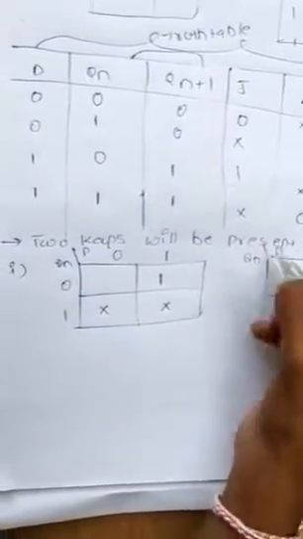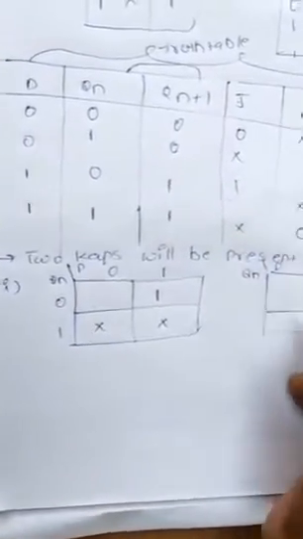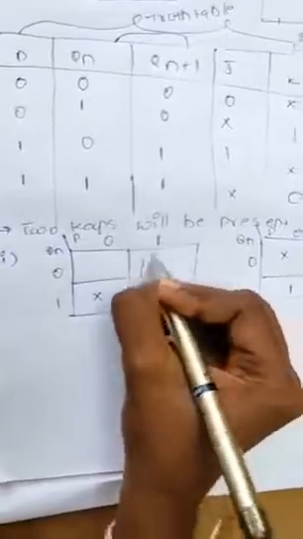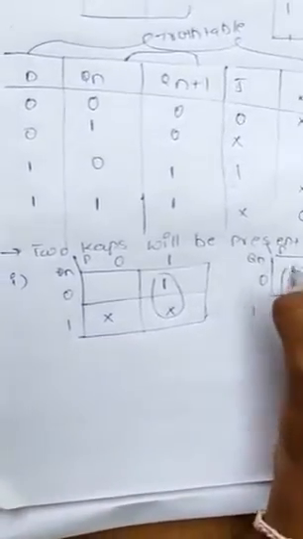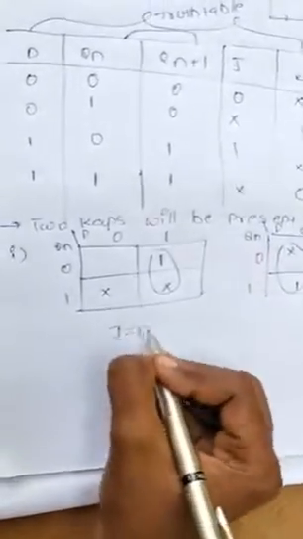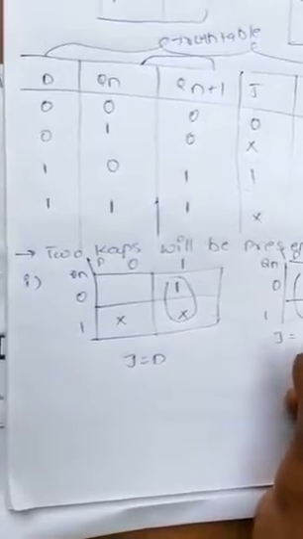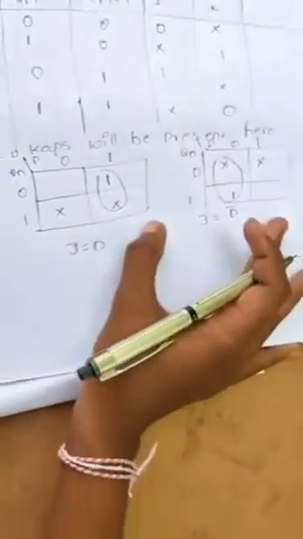Next here you see D, Q of n. Here in the second place 1 is there, and then don't care, 0 1 0 1. So here this is the combination. So J equals D, K equals D bar. Okay, K-maps are completed. Now go for drawing the logic circuit.